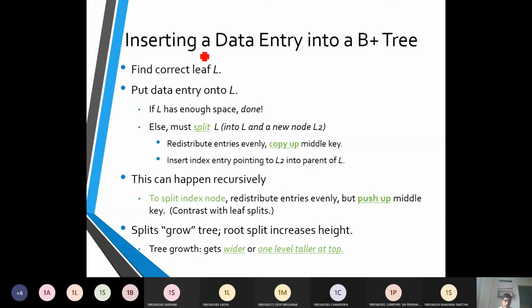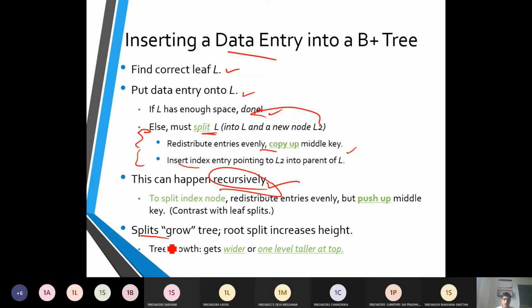The reason was, let us go through the algorithm again. It was telling us to identify the correct leaf, then check whether there is enough data space. If it is full, otherwise it is going to make a split operation. So you convert to a new node, we redistribute it, and we copy up to the middle. So this is what we were talking about. We have to redistribute the nodes whenever an insert is going to happen and the node is full. We have to do it recursively.